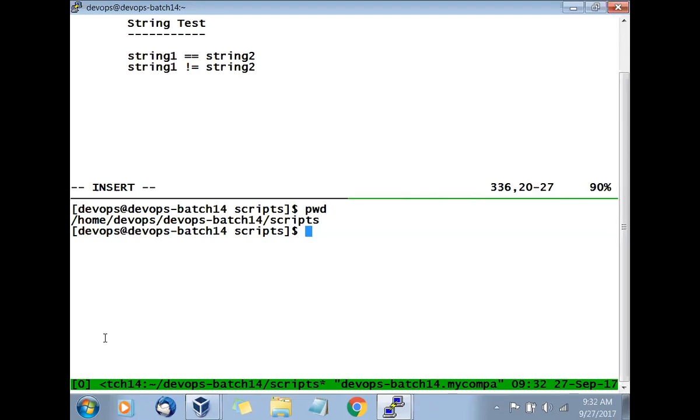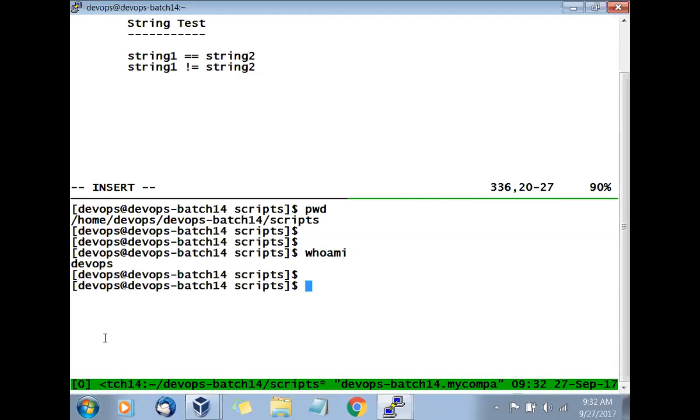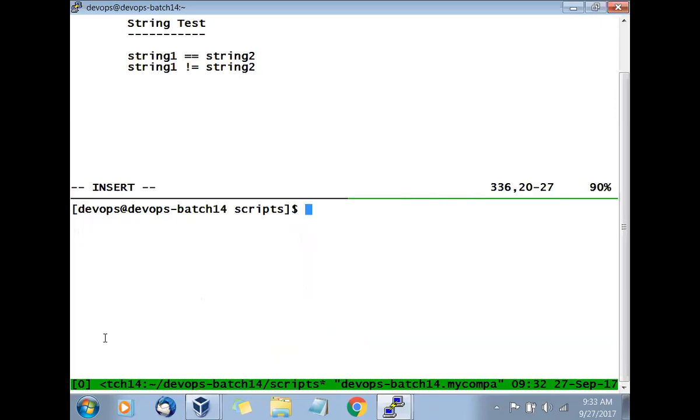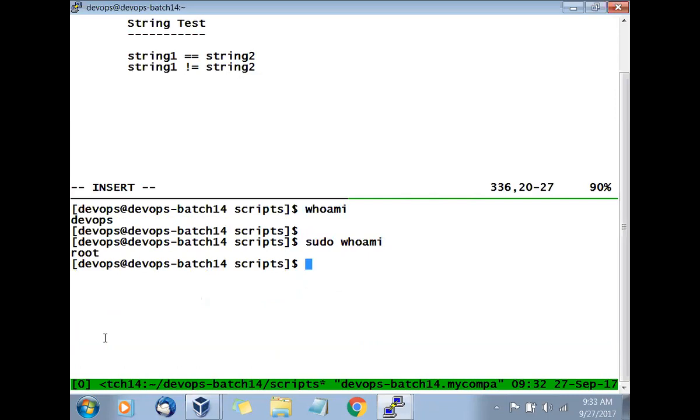Correct. So we'll go with whoami. So what is the command? whoami. So which is the user? If I go with sudo whoami, what will it tell? You are root. So that is how we'll identify the user is a normal user or a super user. So if I say whoami, DevOps, and if I say sudo whoami, root. Now we will use this method to detect the user is root or not. So we'll write a script and we will make use of this command in that script. So let's go with that.